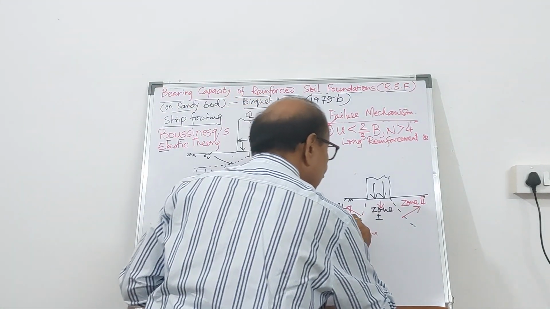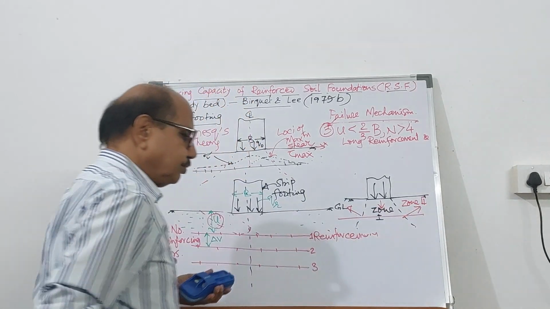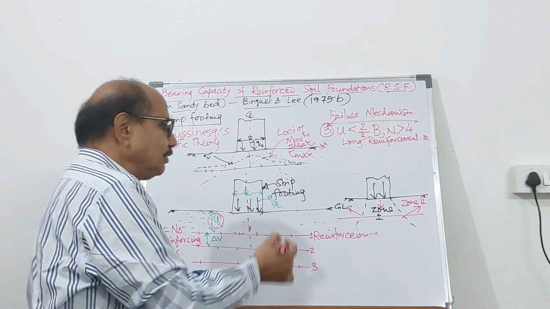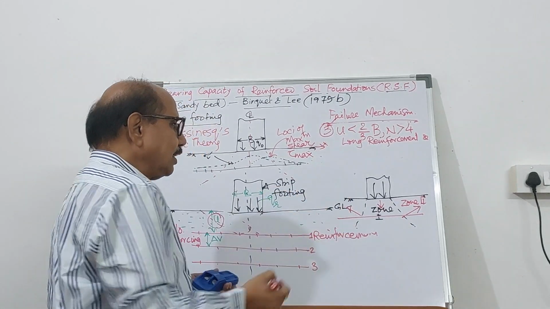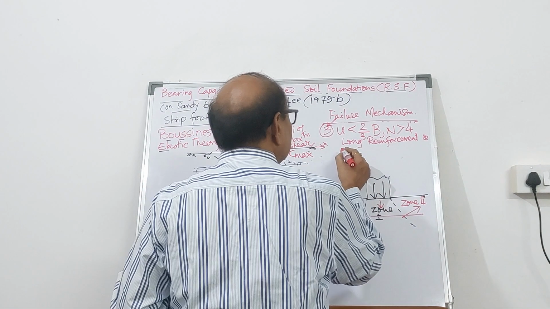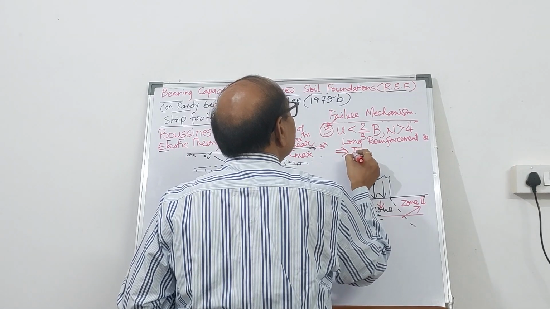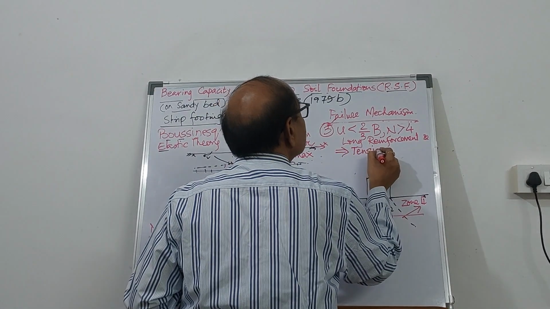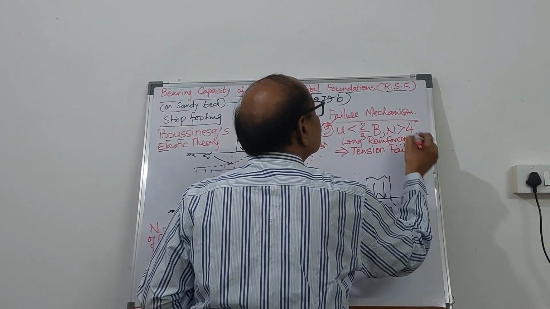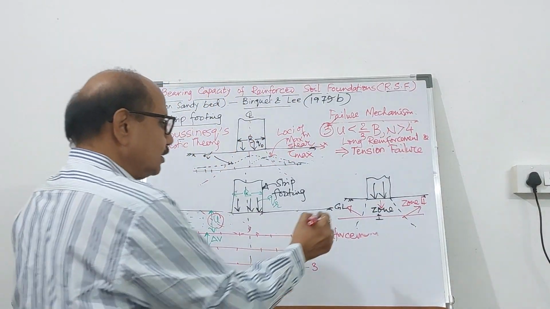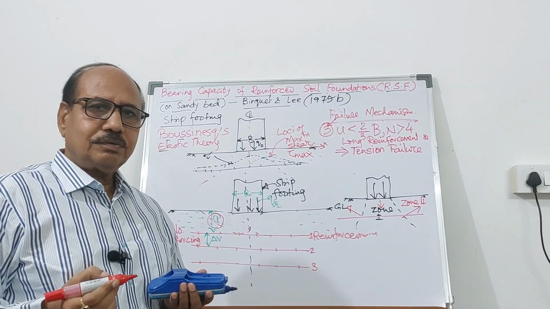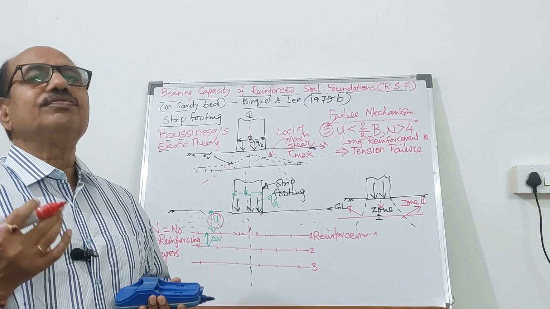So here the ties which you have put are long enough. Then what kind of failure? The ties will fail when you go to the ultimate loading condition, and the failure will be tension failure. This implies that failure will be tension failure. So friends, what kind of failure? This will break. That is called tension failure. So we have got three kinds of failure mechanism